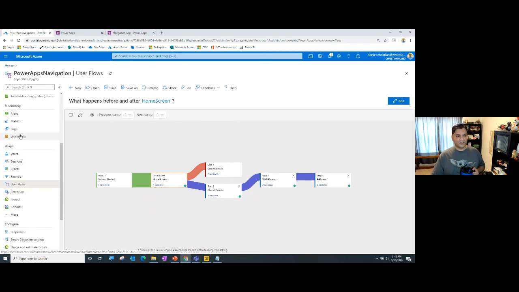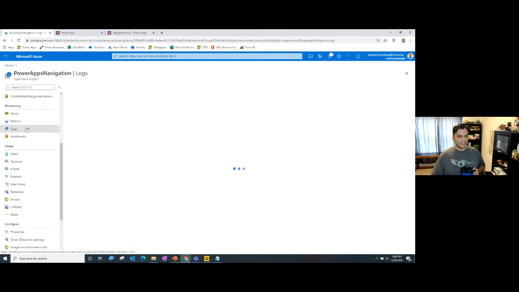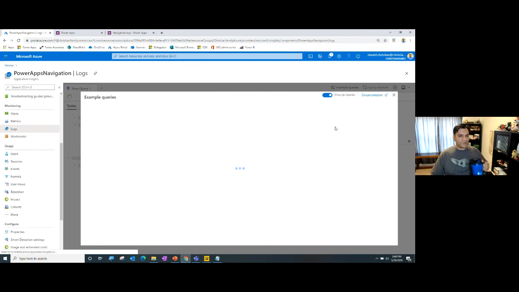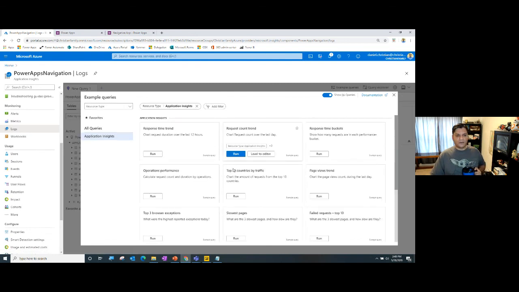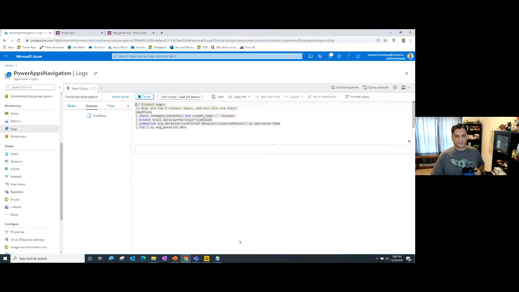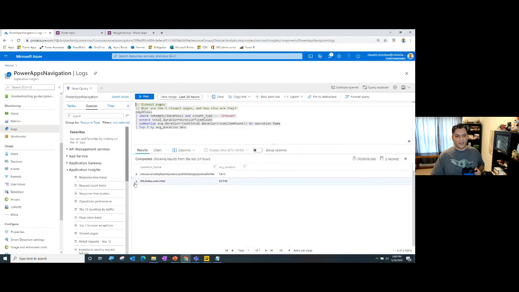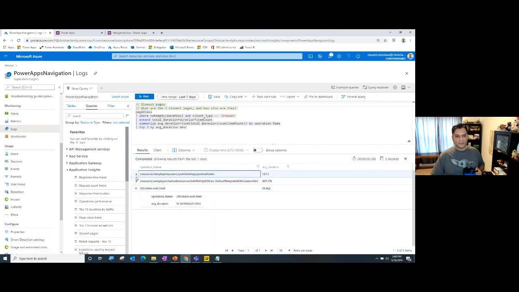What you could do also is, let's see, in the events, let me see if you looked at the logs placed over here. It gives you a detailed breakdown based on the trends and any of the slowest pages. That's one of them over here. So you could actually run this and see how fast everything is. We'll go ahead and get some more information for you. You can expand on that and actually get a little bit more information.